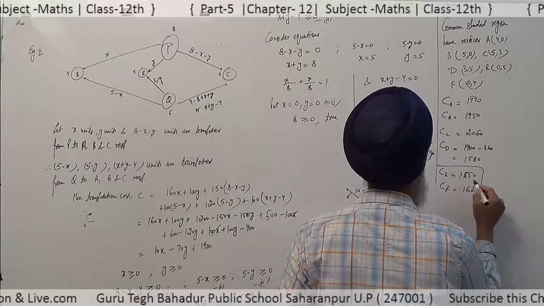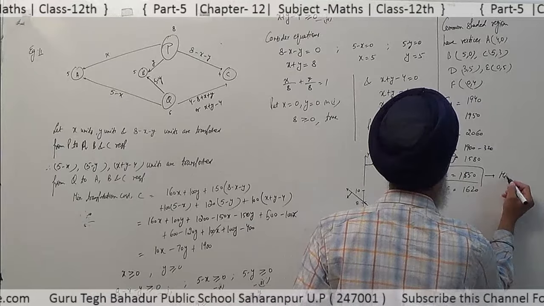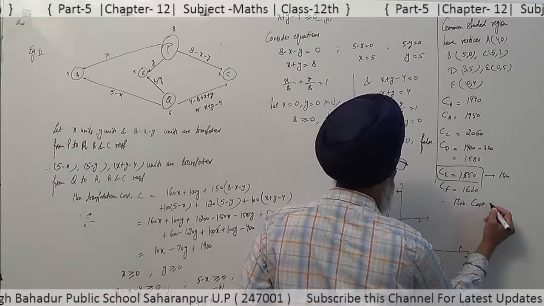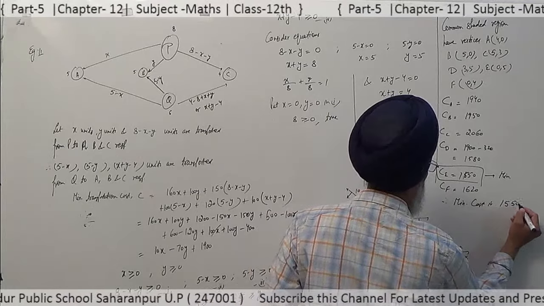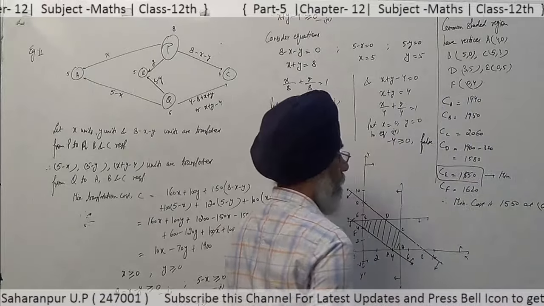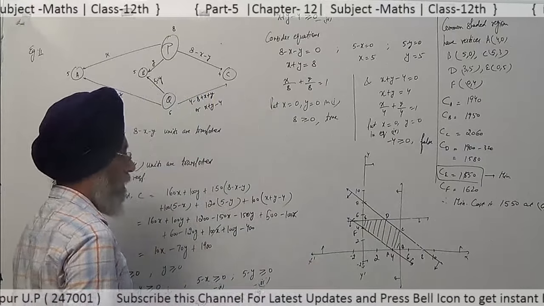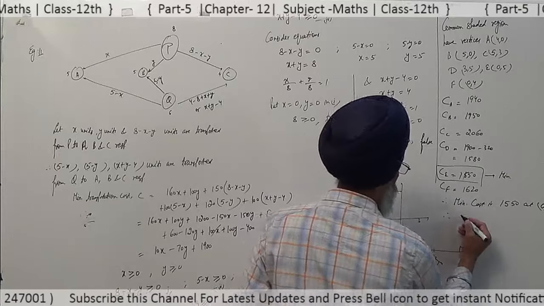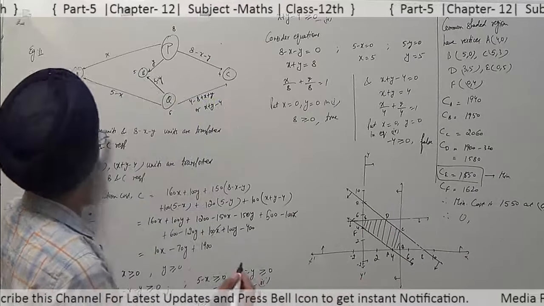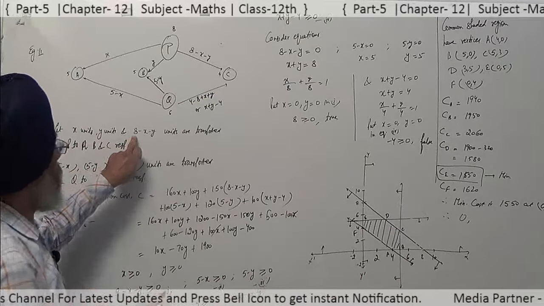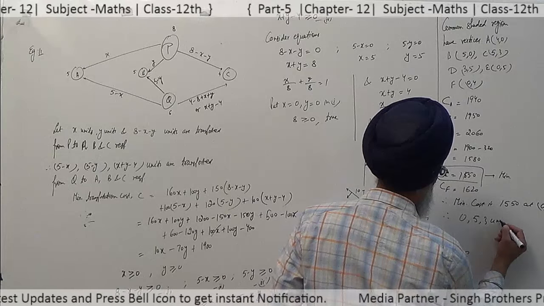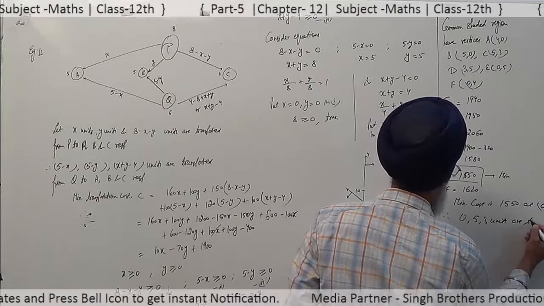ये आ रही है E पर. Therefore, minimum cost is 1550 at 05. Means the value of x is 0 and the value of y is 5. So now you can say therefore 0, then यहाँ रखेंगे value 0, then here 5 और यहाँ कितना आएगा 3, 0, 5 and 3 units are transported